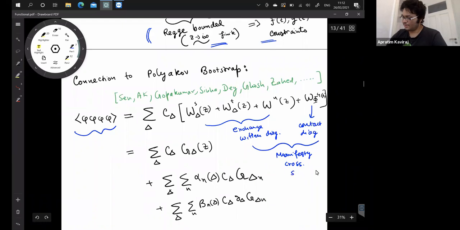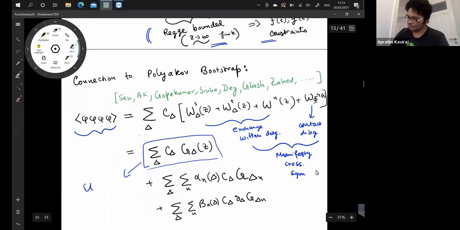Manifestly crossing symmetric. So one claims that this is possible, but if that is possible, then it should also be equal to the usual OPE. Now, if this is true, then the first line of this is basically the usual OPE, and the second and third lines are basically some extra guys, some spurious blocks,